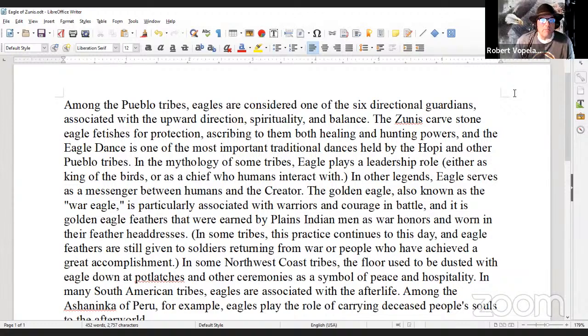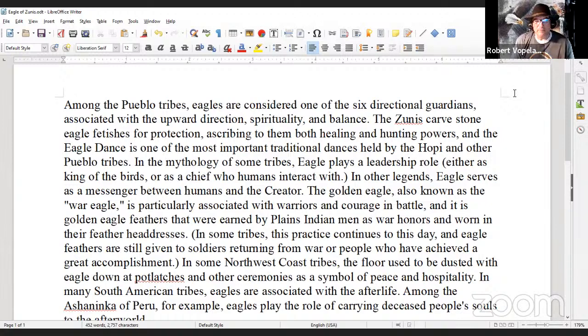Among the Pueblo tribes, eagles are considered to be one of the six directional guardians associated with the upward direction, spirituality, and balance. The Zunis carve stone eagle fetishes for protection, and ascribe to them both healing and hunting powers, and the eagle dance is one of the most important traditional dances held by the Hopi and other Pueblo tribes.